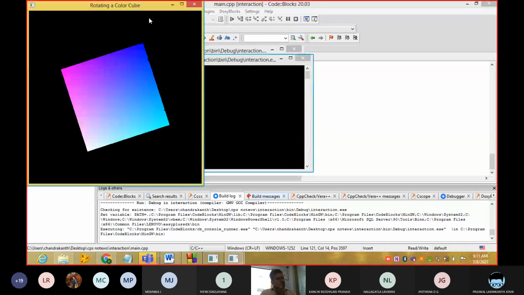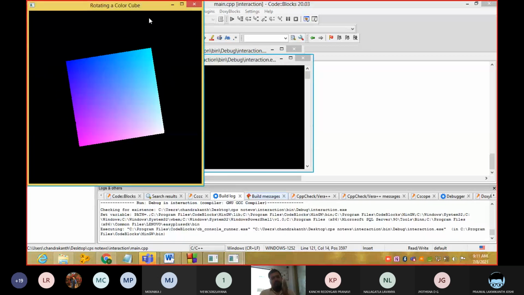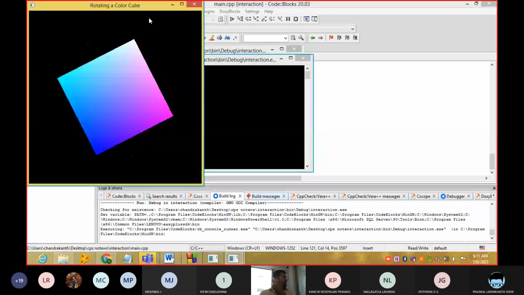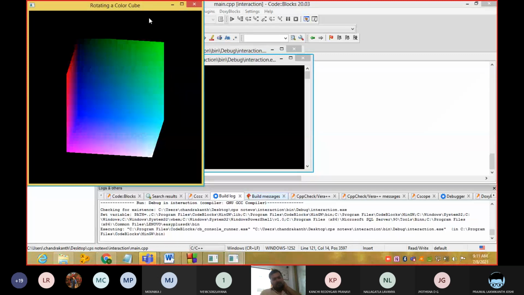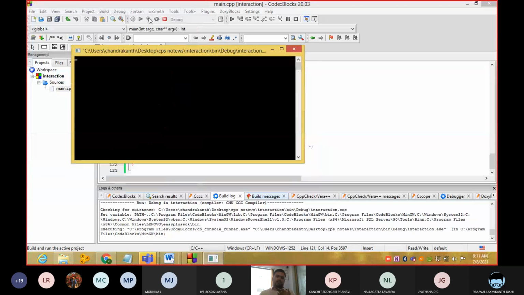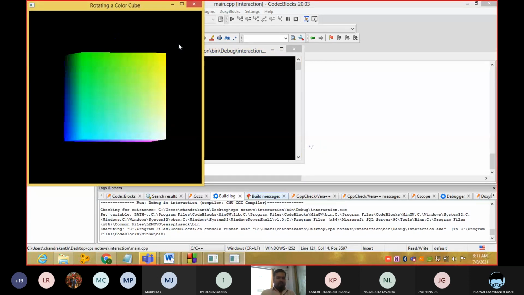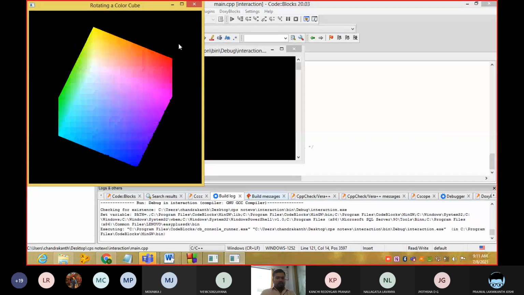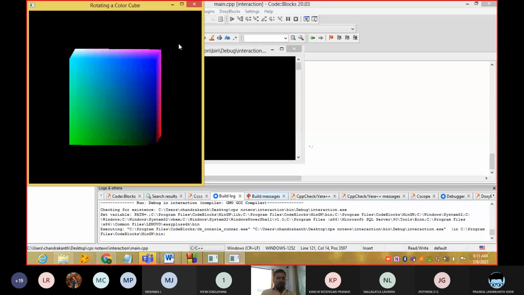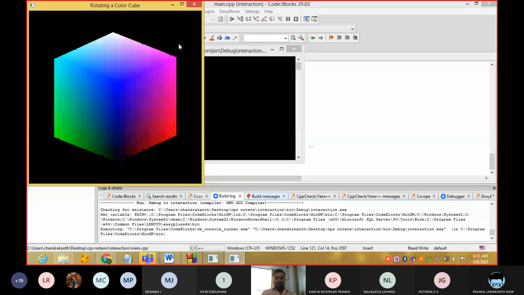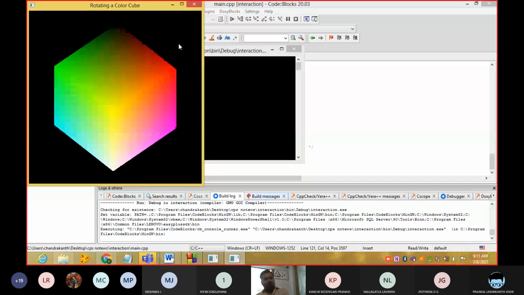See, now what we have done in this program is we have created a cube, guys, which will be rotating. We can control the rotation of the cube using the mouse buttons. If I press the center button, it is going to rotate in the y-axis. If I press the right button, it is going to rotate in one axis. If I press the left button, it is going to rotate in one axis. See here, as I am pressing the center button, left button and right button of my laptop, the cube is rotating with respect to the x, y, z axis.